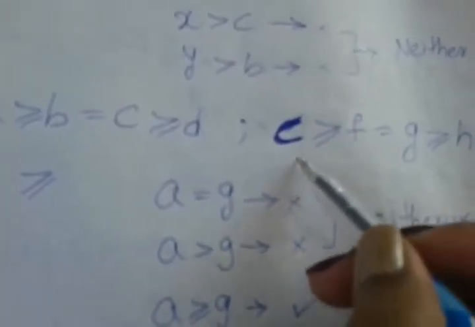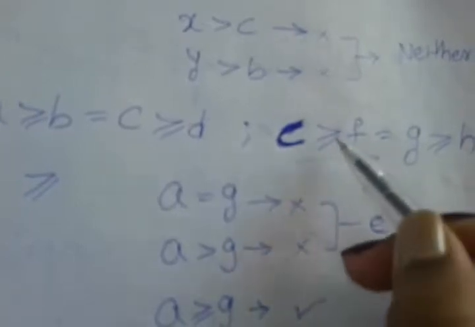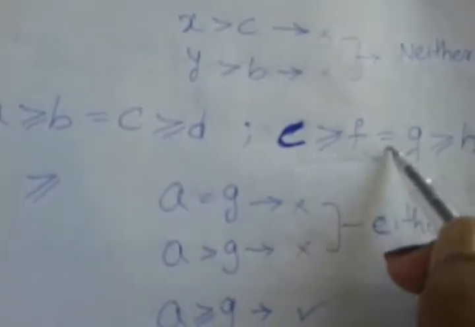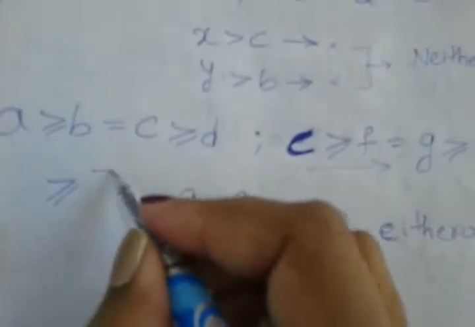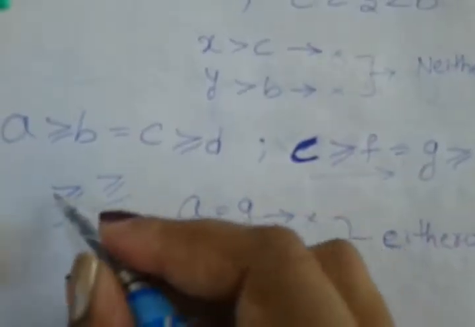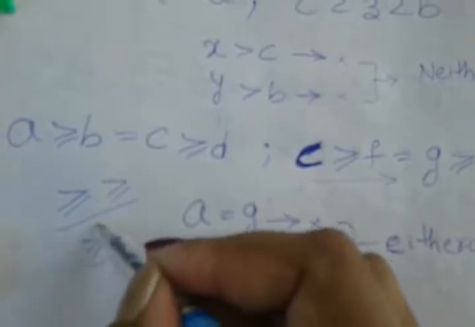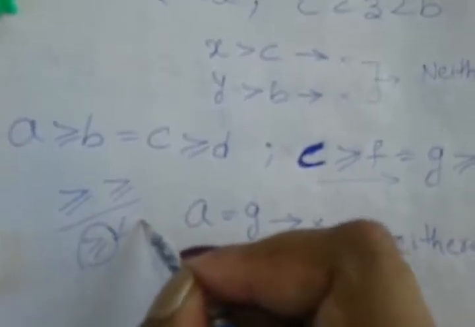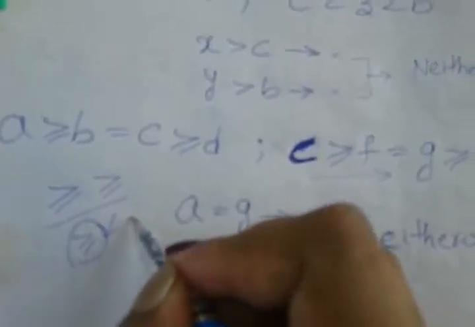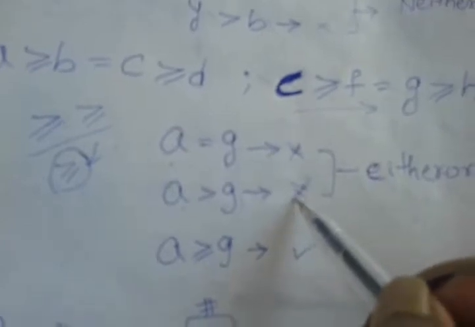And C to G, how will I go? In forward direction only. So what is the output between greater than and greater than or equal to? Again my output is greater than or equal to. So if it is greater than or equal to between A and G, it's correct, or any other relation it's wrong. So what they have given: A is equal to G. Is A equal to G? No, it's wrong. Is A greater than G? No, it's greater than or equal to G. So again wrong.